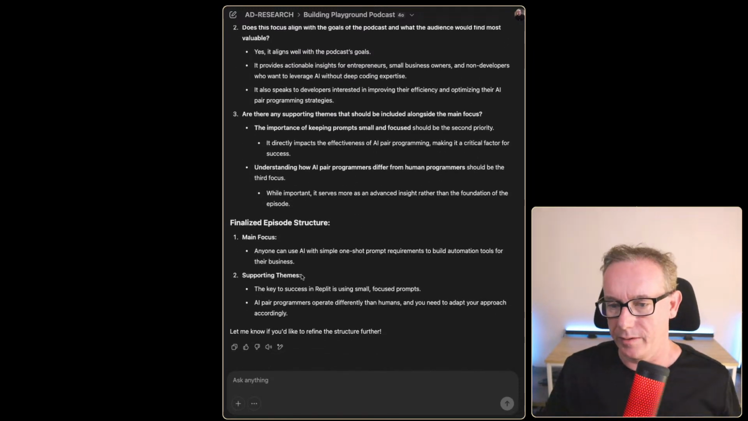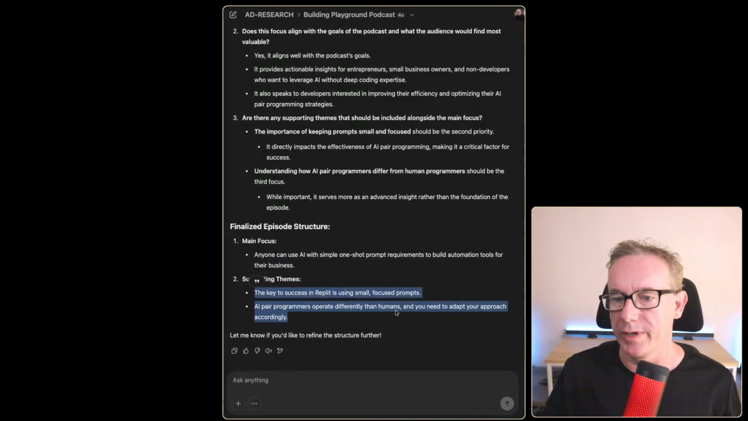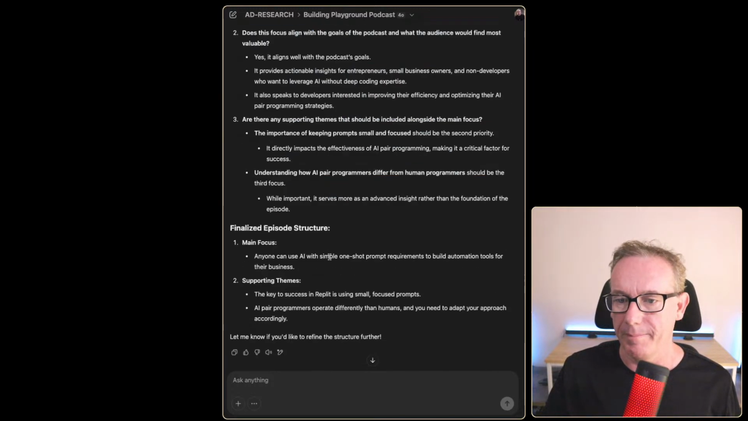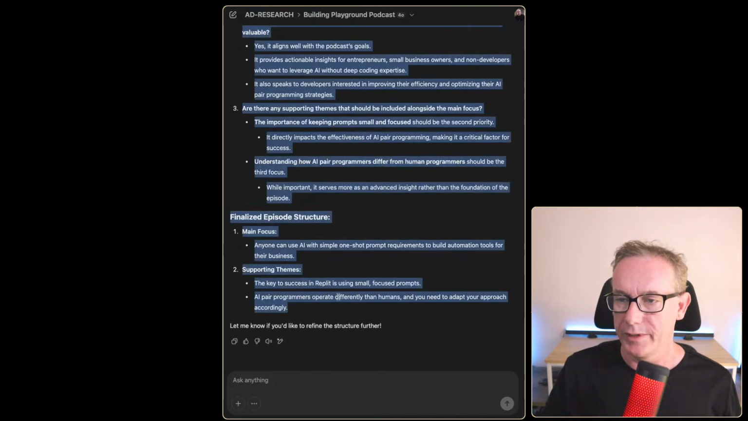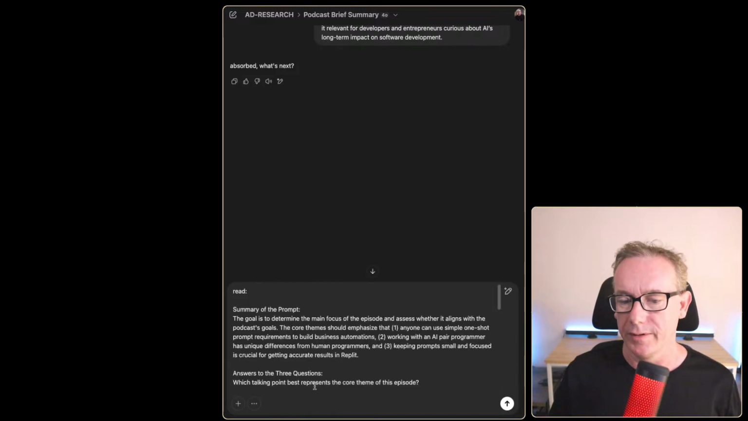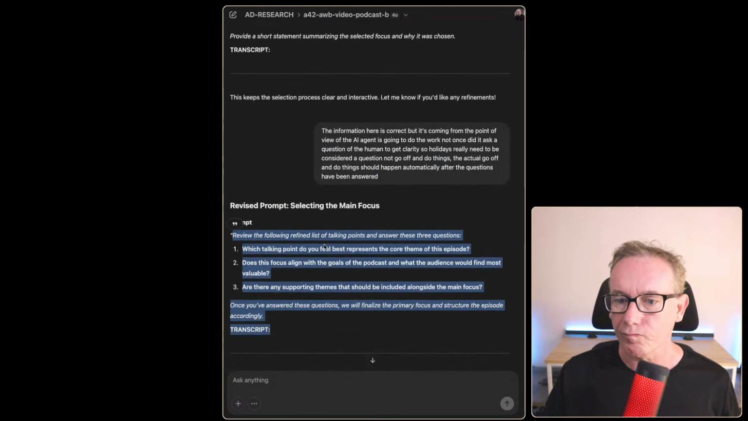Supporting themes. This is cool. So we got one main focus and we got supporting themes. So let's just grab all of that, take it down there, and we'll just store it away as another prompt, and we'll paste it in. And we come back to